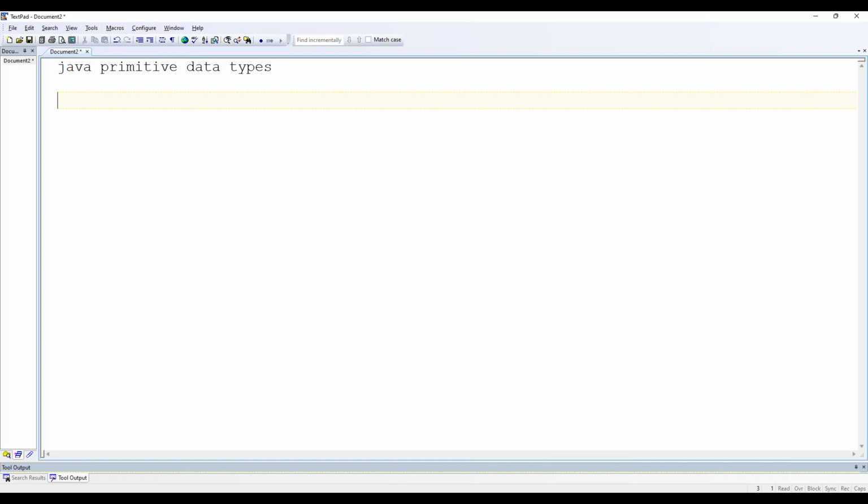Okay, so Java divides the data types in two parts. One is called primitive data types and the second one is called non-primitive. So today we are going to discuss the primitive data types. Let's start. First one is byte